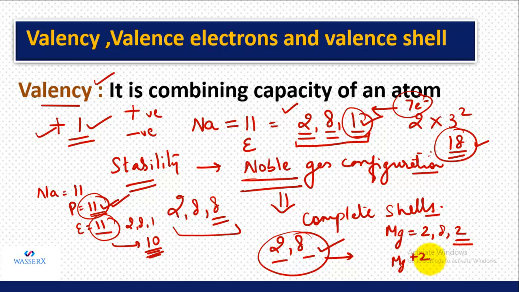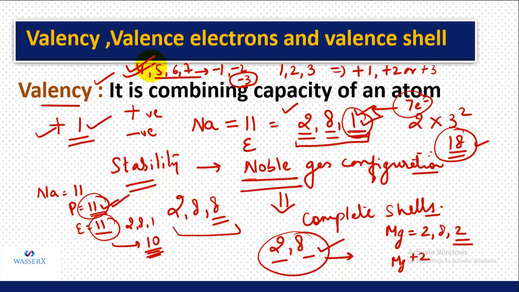So the valency depends upon the valence electrons, and if the valence electrons are 1, 2 or 3, it is always preferred to lose these electrons. So the valency is always plus 1, plus 2 or plus 3. But if the valence electrons are 4, 5, 6 and 7, right, then it is easier to accept electrons. So in this case, the valency is going to be minus 1 for 7, minus 2 for 6 valence electrons and minus 3 for 5. And if we talk about 4 valence electrons, it can lose also, it can gain also. So we can write its valency as plus minus 4.